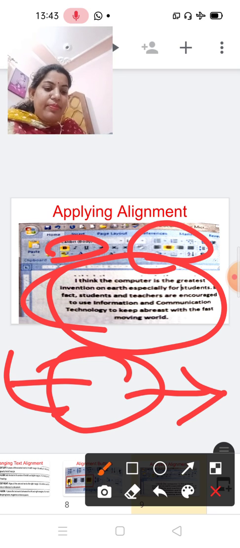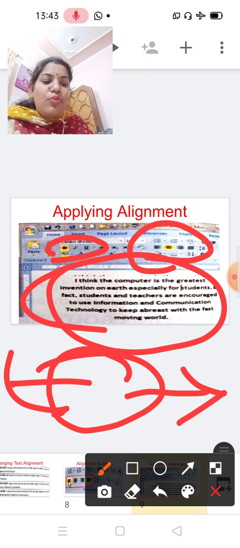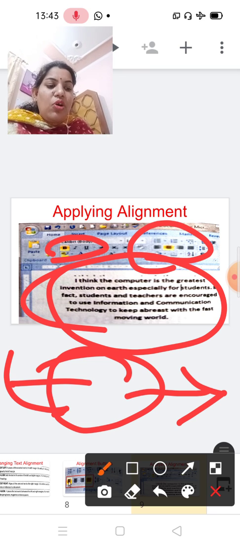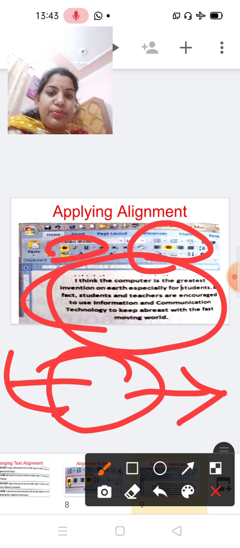Click on the paragraph dialog box launcher. Select the required alignment by clicking the drop down arrow next to the alignment option under the general section.